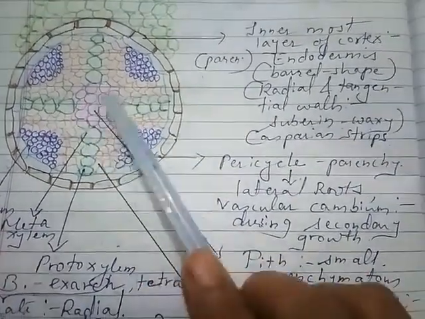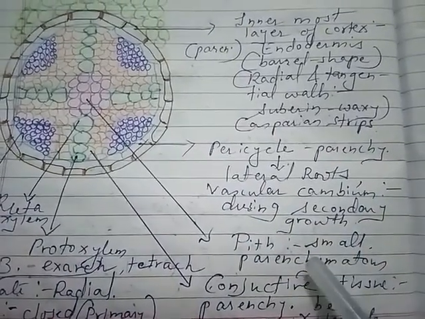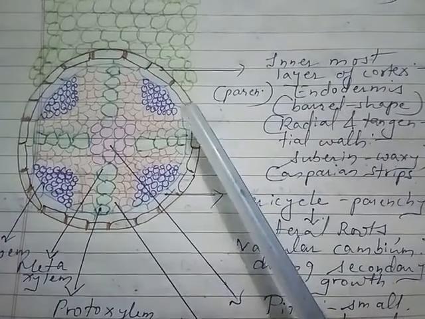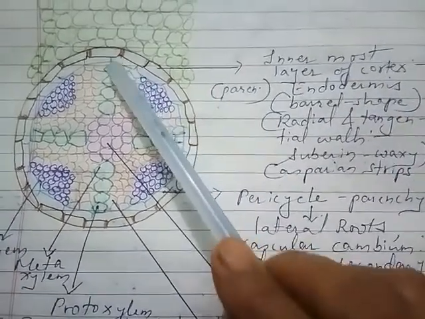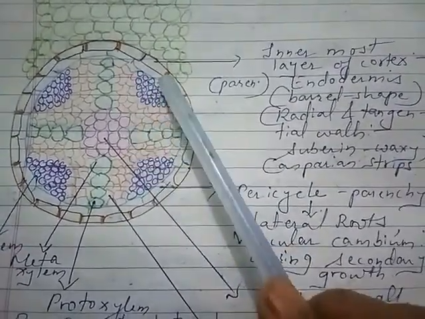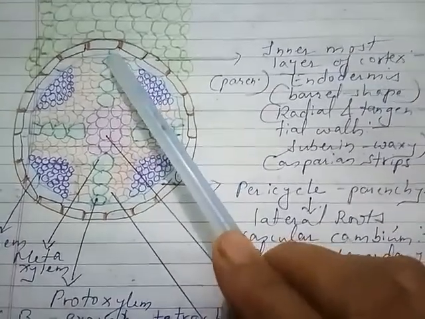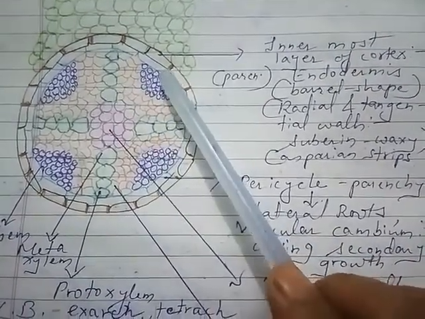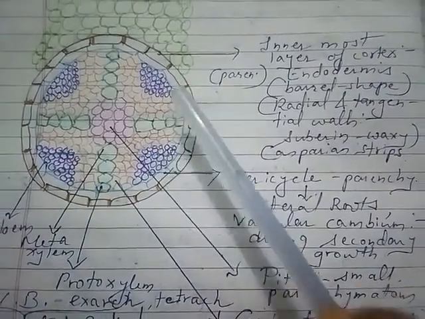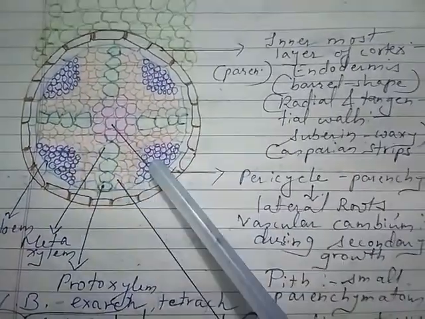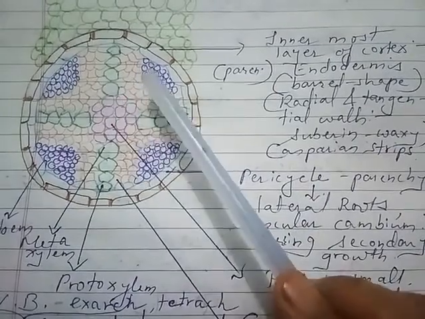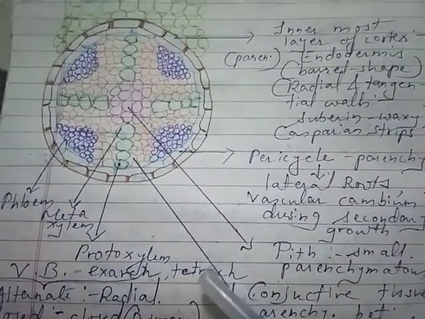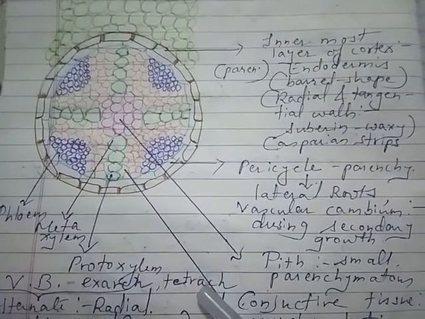Inside, in the center is the pith, which is small. Again, it is made up of parenchymatous tissue. Now about xylem and phloem, that is the conducting tissue. So these are called xylem, this is called phloem. So it is radially arranged alternately. One bundle of xylem, then phloem, xylem, then phloem. So here you can observe 4 bundles of xylem and 4 bundles of phloem are present. So the condition is called tetrarch. Vascular bundles are said to be tetrarch.